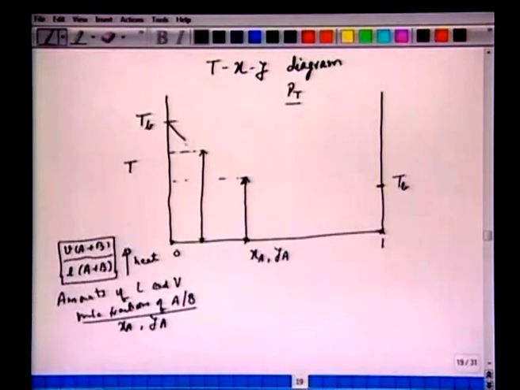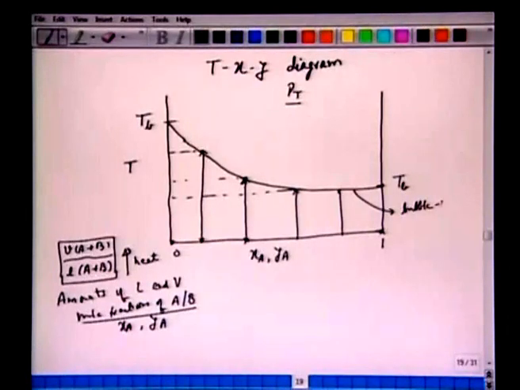Essentially, we will have a locus of all boiling temperatures like this. If we take another mole fraction here and heat it, we have another boiling temperature. So essentially, we have a locus of the bubble points curve. What is a bubble points curve? It is a locus of the temperatures, depending upon the mole fractions of A in the liquid phase, at which the first bubble is formed.